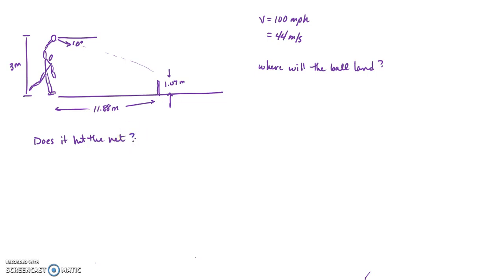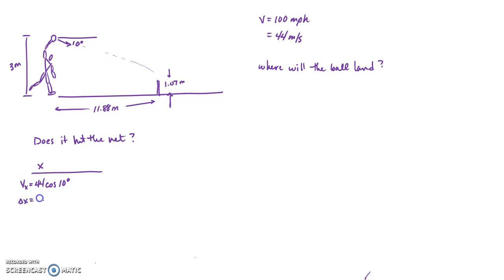Now, when you're going to answer this, you then have to basically say, okay, well, what am I going to use as my givens then? All right, now here's how I approach this. I say, well, okay, I'm going to do the same thing I always do, and I'm going to break my x's up from my y's. So in the x-plane, I know that my velocity in the x is going to be equal to 44 cosine of 10 degrees. All right. I know that. Then here's what I'm going to do. I'm going to choose to make this